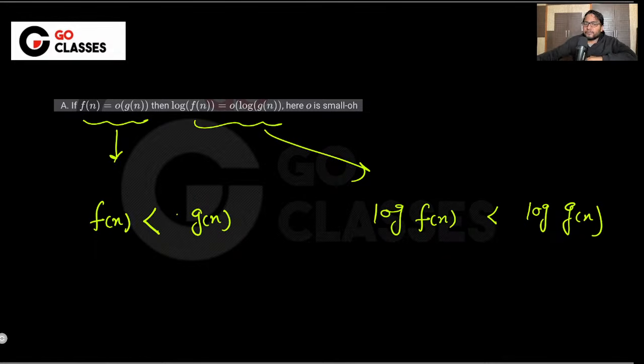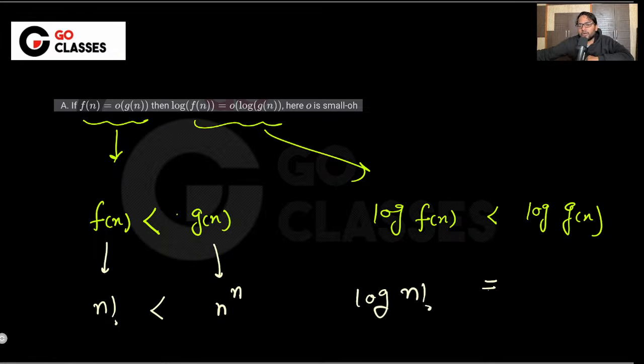In this lecture only we have seen one very classic counter example, which is of n factorial and n power n. Let's just take n factorial and n power n. Before taking log, it is strictly lesser than n power n. But after taking log, it is actually equal. Equal means theta, right? This log of n factorial is the same as log of n power n. Same means it is theta, basically. I should be writing theta. Okay,